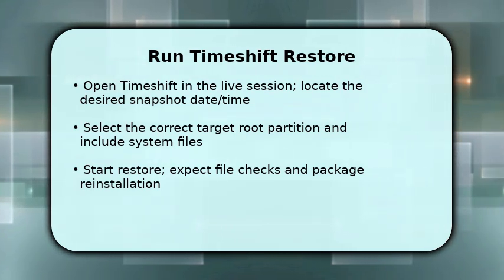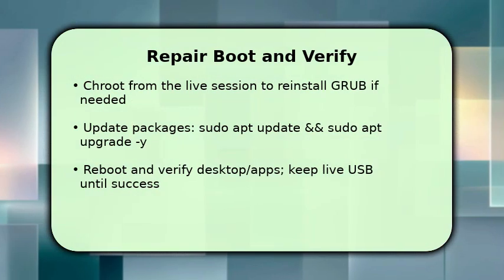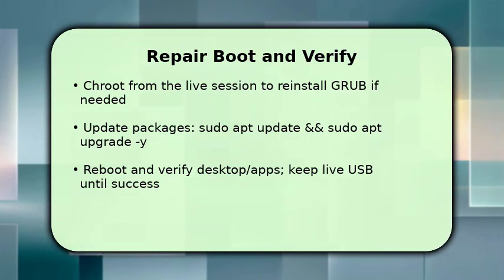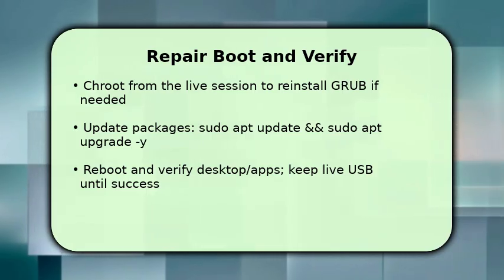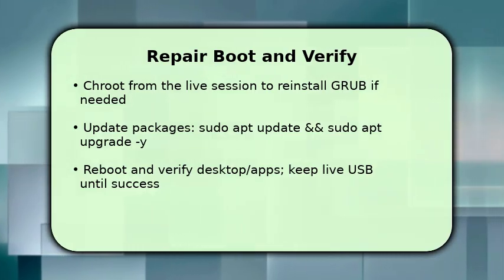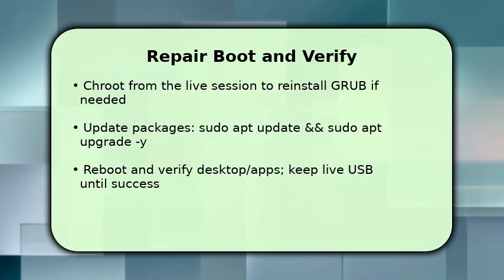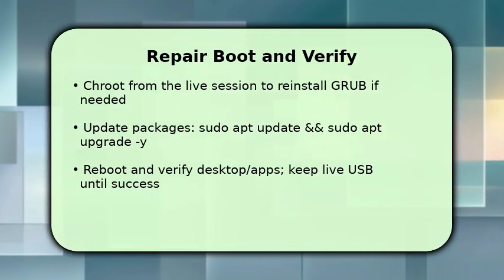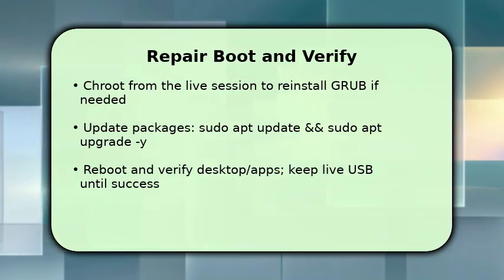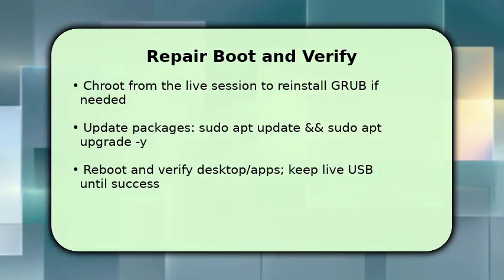You finish by repairing the bootloader and verifying the restored system. Mount your root and boot partitions, bind /dev, /proc, /sys, then chroot into the restored root and reinstall GRUB for your firmware mode, BIOS or UEFI, so the machine boots. Run sudo apt update and sudo apt upgrade to reconcile packages, then exit root, unmount, and reboot into the